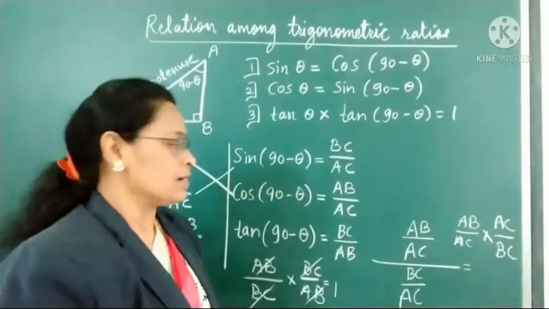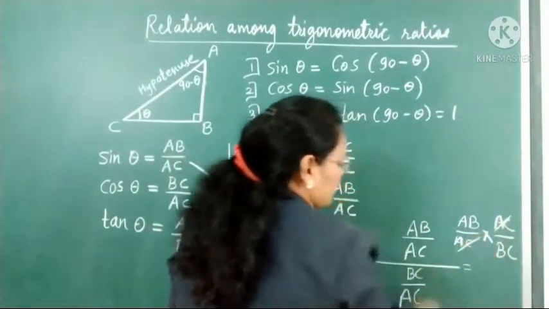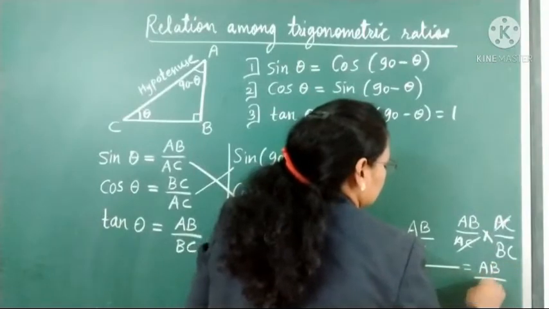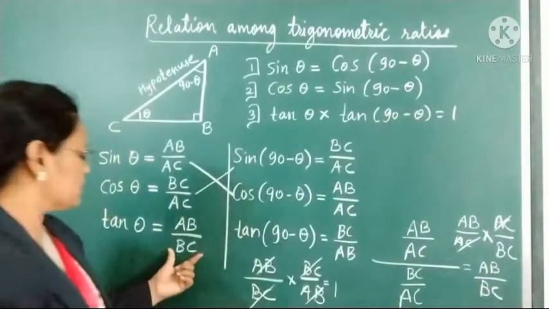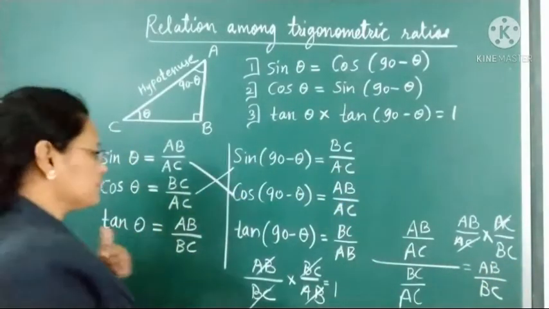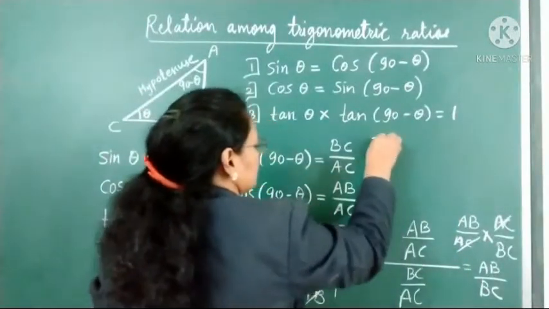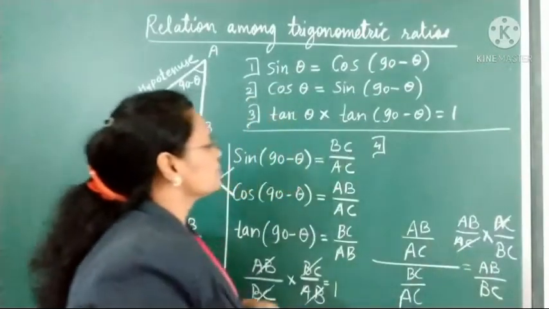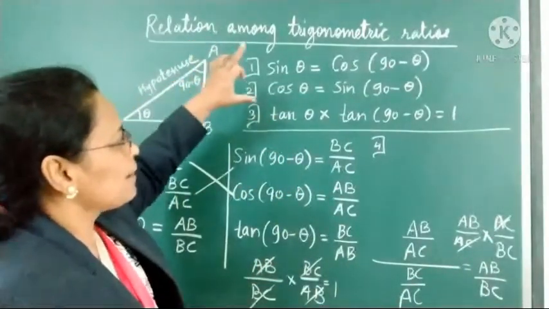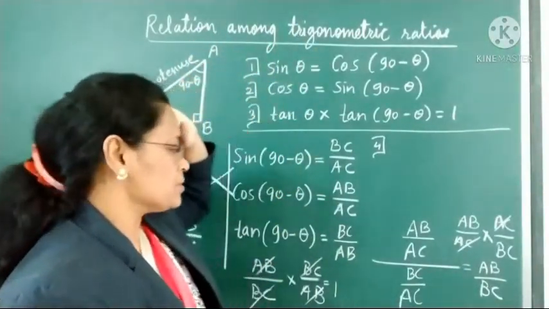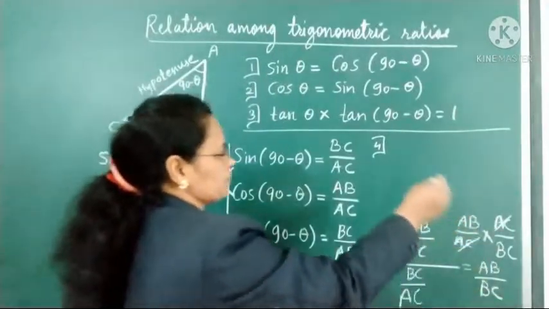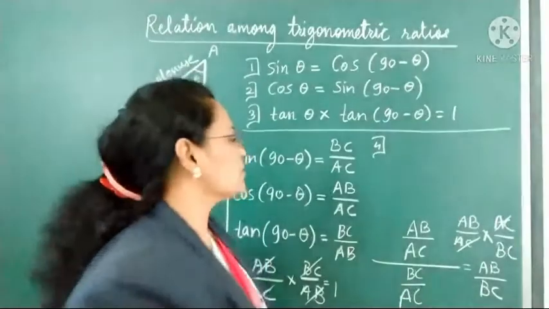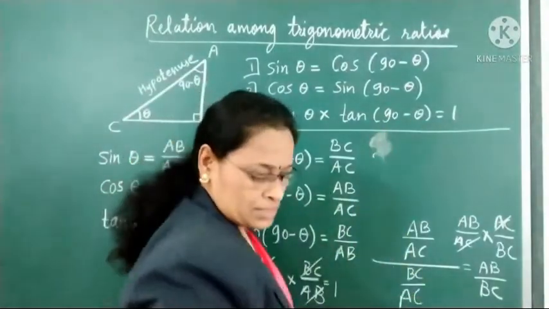Like that way we can write. Just if we cancel this, what will we get? We'll get AB is to BC. What is AB is to BC? The tan ratio. Therefore we can get here a fourth relation. Actually, these are the ratios of relation between the complementary angles. They are trigonometric ratios, and this is just one formula we can get. We cannot give it as a fourth number, but we get one more formula from this.